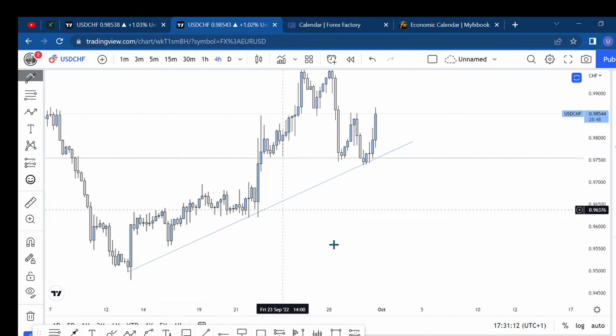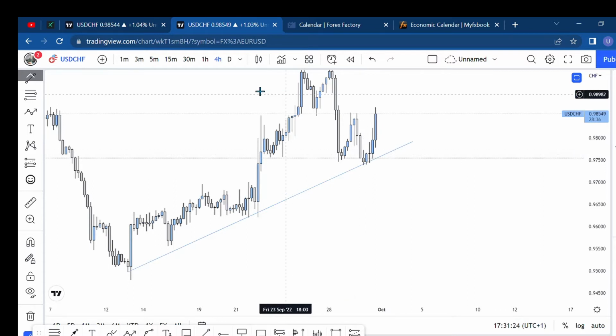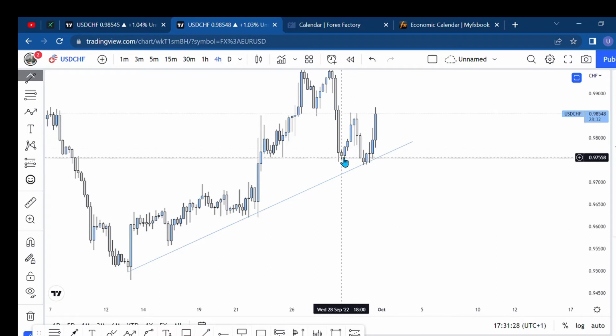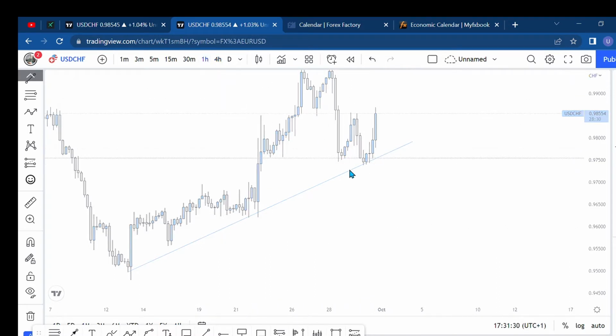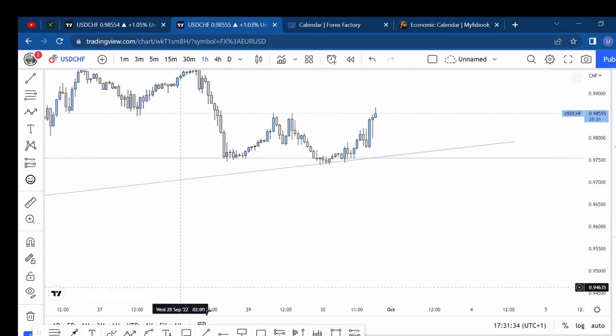So when I saw this market, I was like, should I buy from this demand zone? Because here is already like a demand zone. Demand zone is where you buy, supply zone is where you sell. So I was like, should I buy from a demand zone? I was like, no, let me watch. Because if you go ahead to buy from this demand zone here, okay,